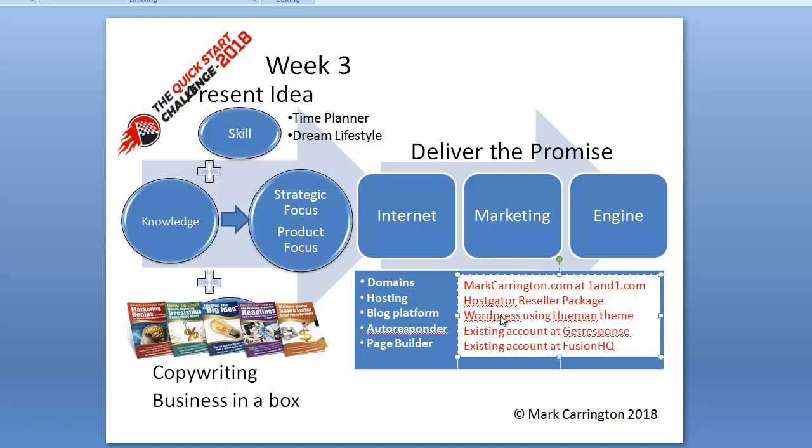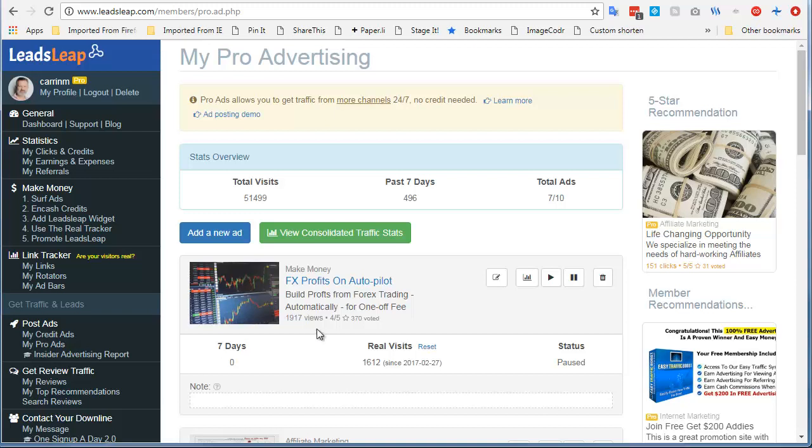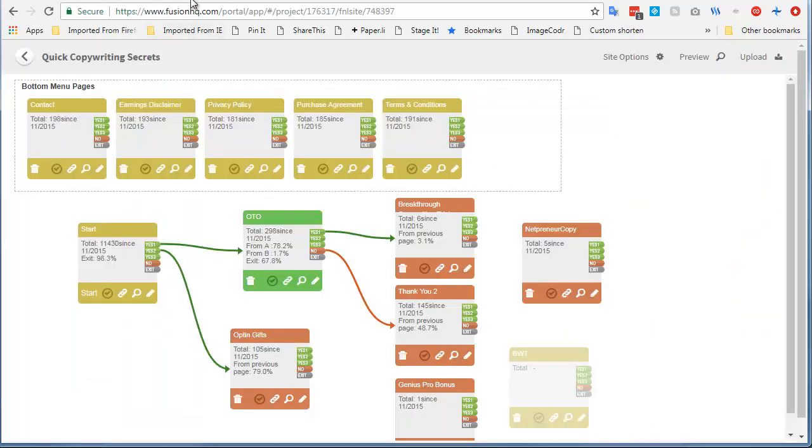The blogging platform, I've just decided to stick with what I had been doing using WordPress and the Human theme. I'm not totally comfortable with the way it's working, but I've just decided to stick with it. I have an existing account at GetResponse, and it already has some opt-in pages set up and integrated with my existing account at Fusion HQ, which is my page builder. What I'll do now is have a look at